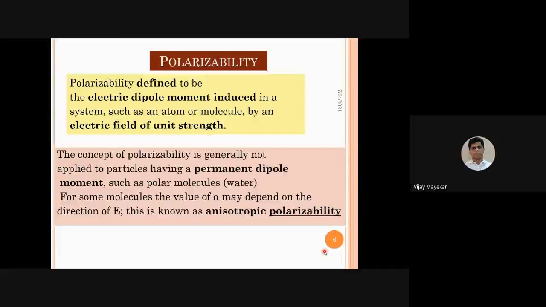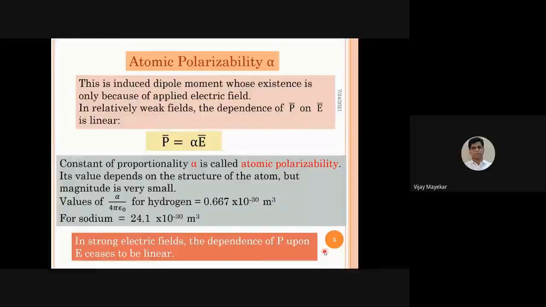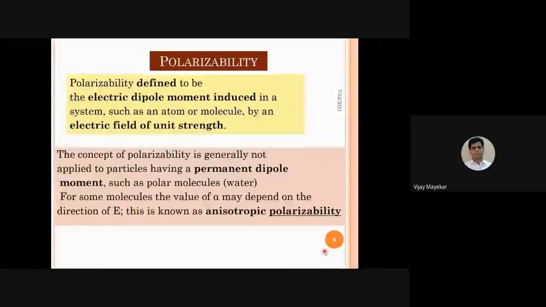You can see it from the formula, P bar equals alpha E bar. If I make E bar of 1 unit strength, then whatever polarization is caused by such an electric field is straightaway equal to our constant atomic polarizability. Okay. So basically,